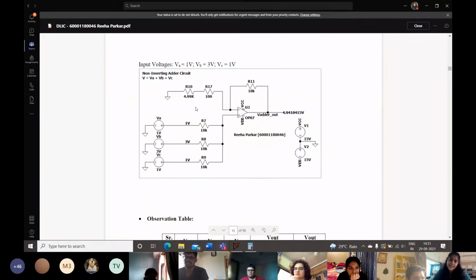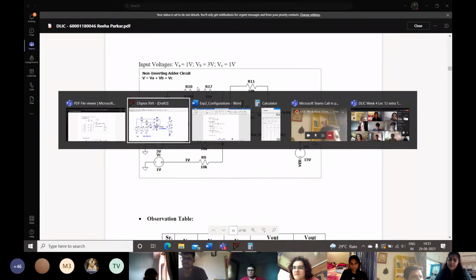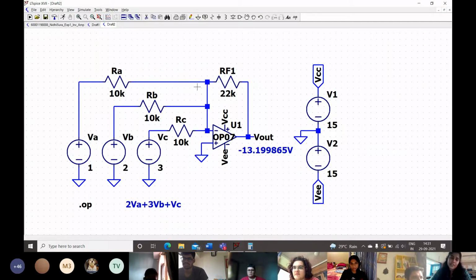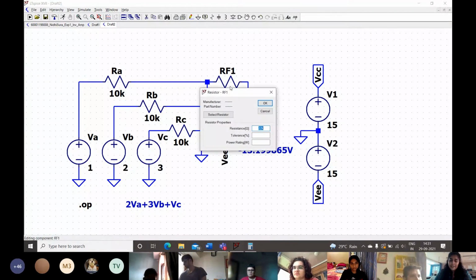As you can see here, she's trying to get to 5 kilo ohms. So she's cascaded 4.9 kilo ohms with a 100 ohm resistor. That way you can get pretty close to 5 kilo ohms. So if you want to get accurate values for gain, you can cascade multiple resistors, but practically, for now, for simplicity, I'm just going to take an RF value as a multiple of 6 and 2.